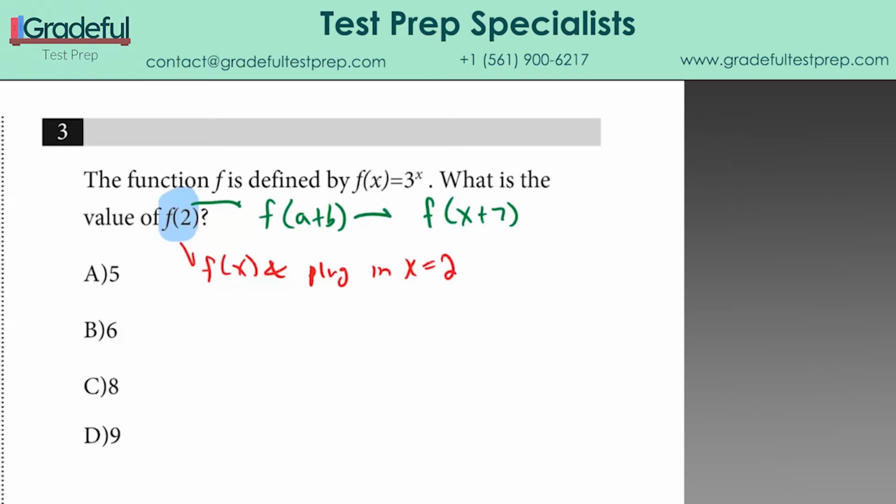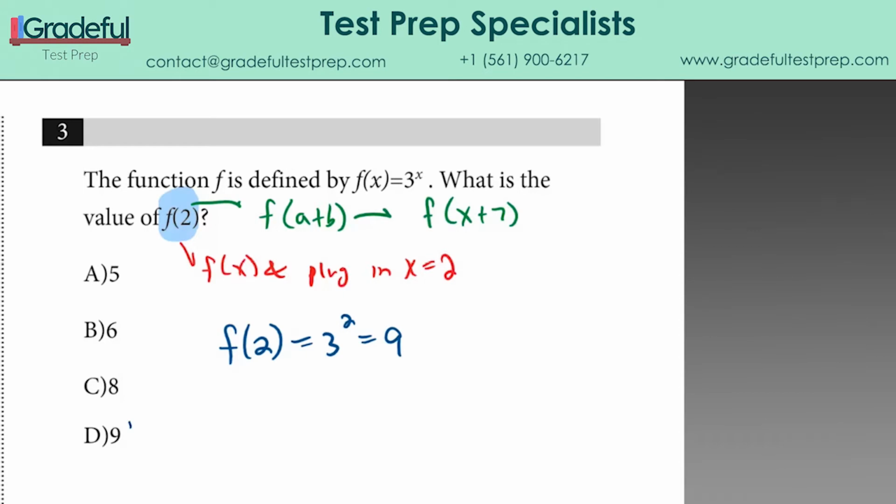So the writers of these tests know what makes us more comfortable and less comfortable, so we have to be ahead of the game and be ready for anything they can throw at us. So nice and easy here, it's just asking us to plug in a 2. So f of 2 is 3 to the 2, so 3 squared, which is 9,